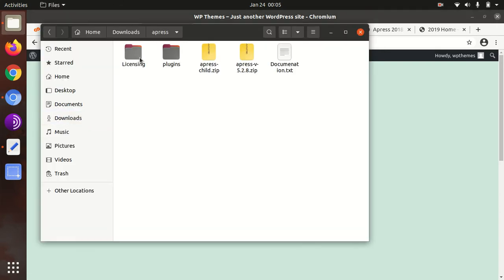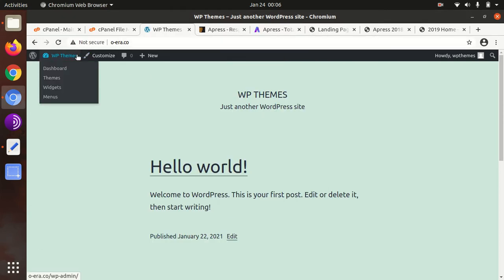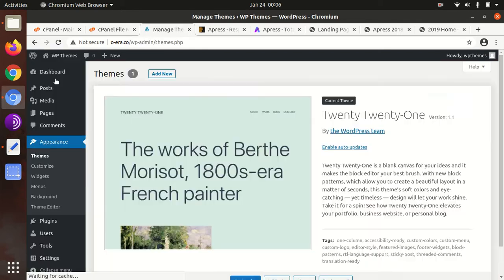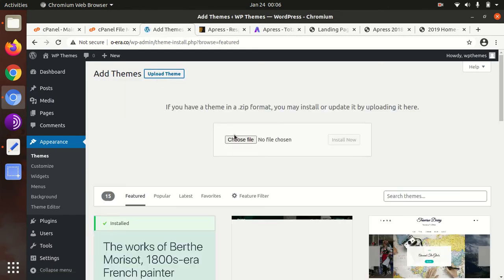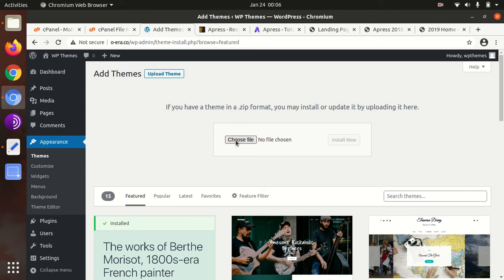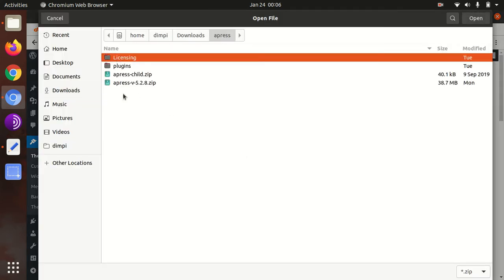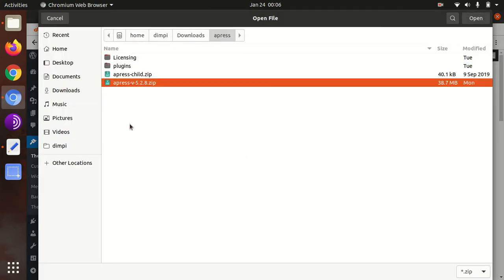In the theme pack, I got licensing, some plugins. These are the list of plugins: APRESS child theme, APRESS main theme, and documentation text. To install the APRESS theme in the WordPress installation, go to the themes section, add new, upload theme, choose file. Here you need to choose apress.zip,